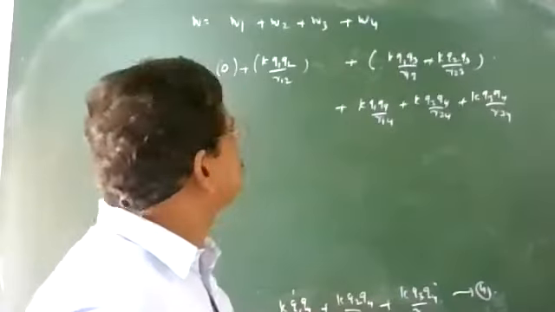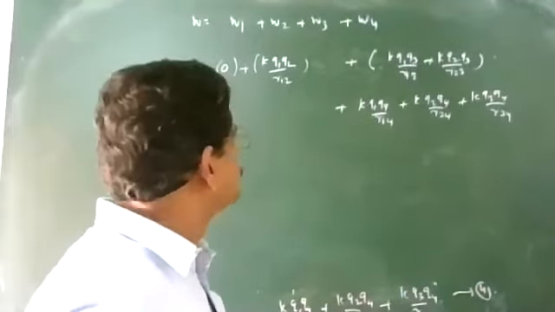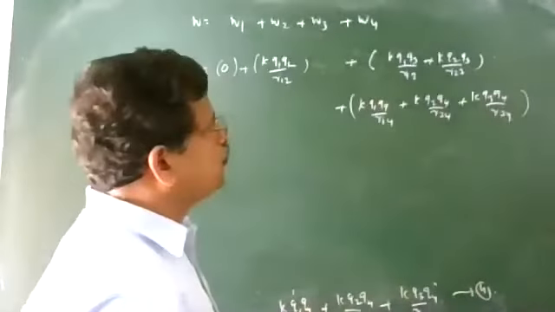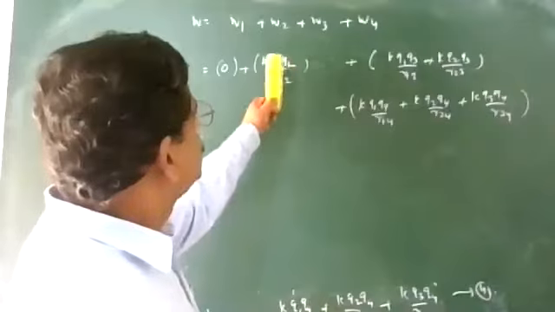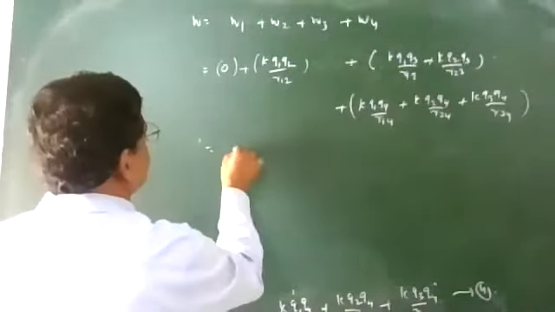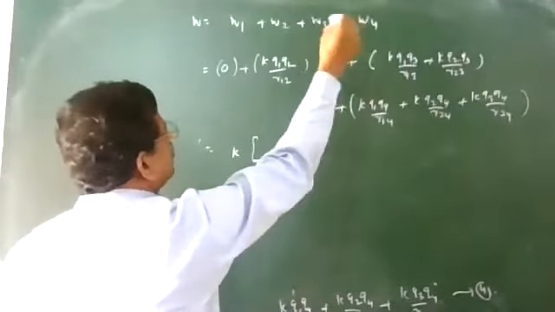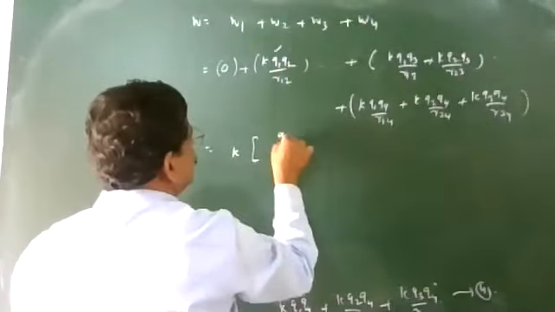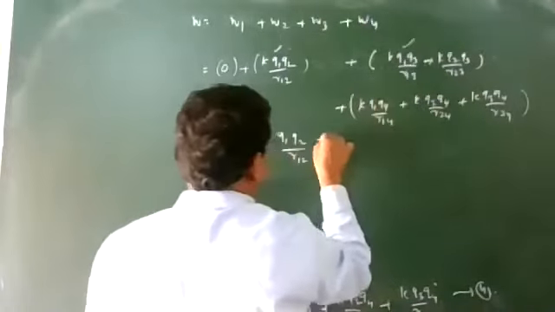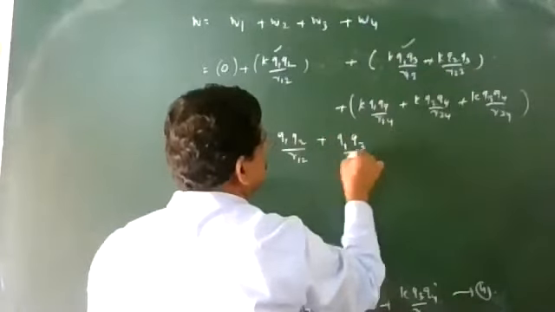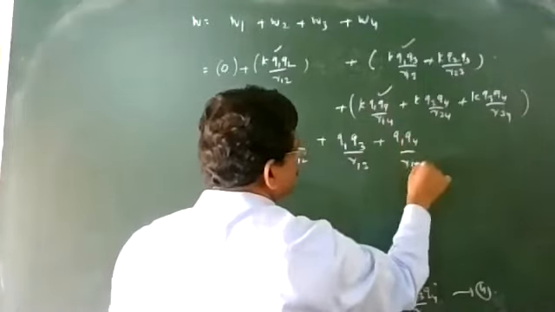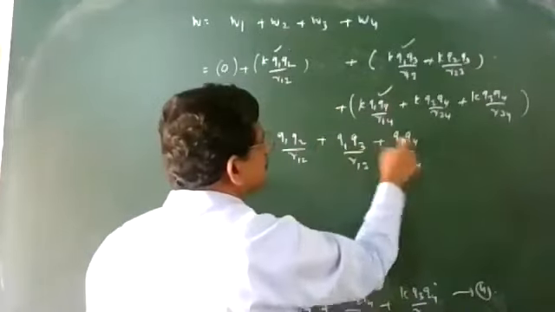Now W4. What have you written here? Okay, so 3 times you have written: 1,4, 2,4 and 3,4. In all the terms, Q is common, can be taken outside: 1 by 4 pi epsilon 0. Then I write 1,2: Q1 Q2 divided by R12. Then 1,3: Q1 Q3 divided by R13. Then 1,4: Q1 Q4 divided by R14. So 1 with 2, 1 with 3, 1 with 4.